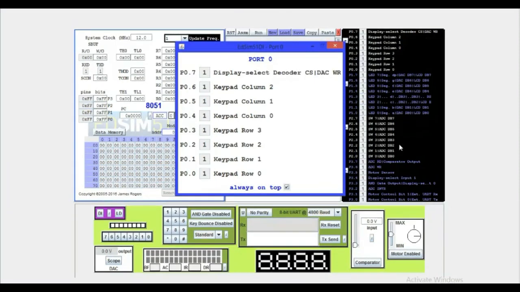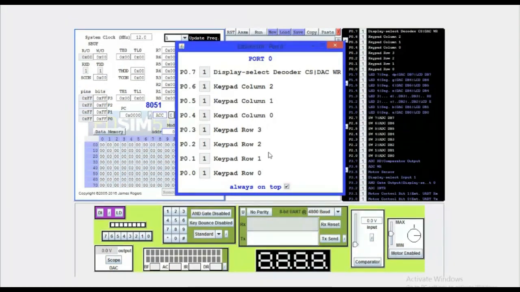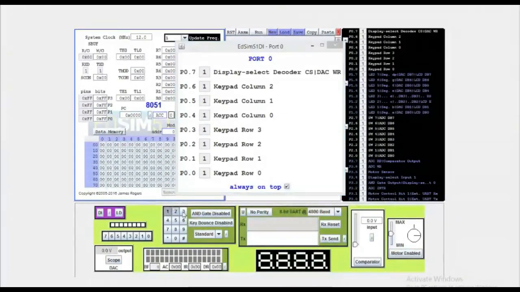The main purpose of having this black color background is like a manual. It is actually a kind of user manual. The user can use this manual to verify which hardware is connected to which port. For example, keypad column 2, keypad column 1, column 0, rows and columns. The matrix keyboard will have that provision. So if you want to do something with the matrix keyboard, here you have that provision: 1, 2, 3, 4, 5, 6. Can you see that? You have this provision, right? You can very well do something with this matrix keyboard.